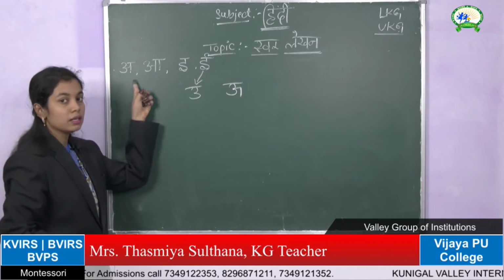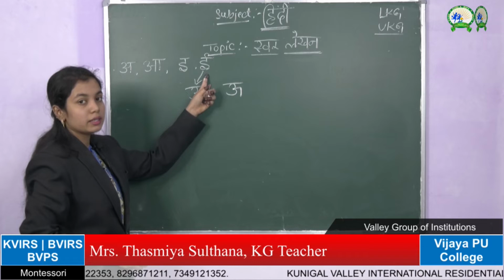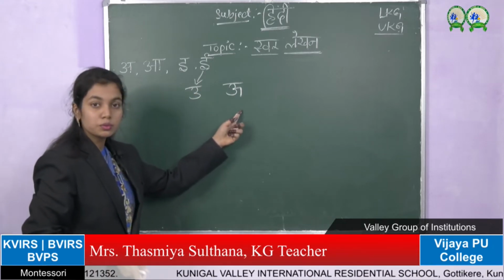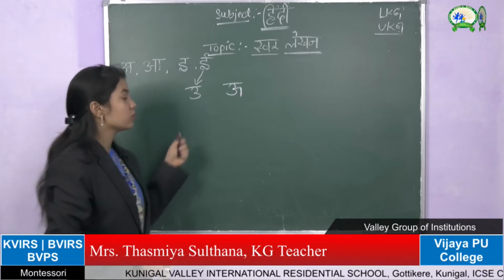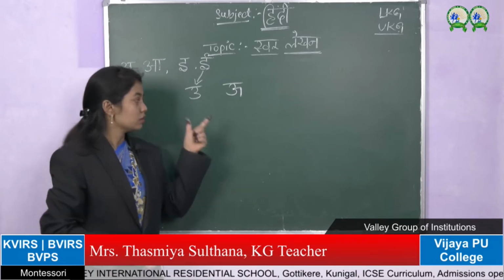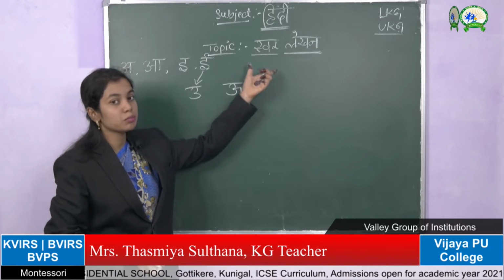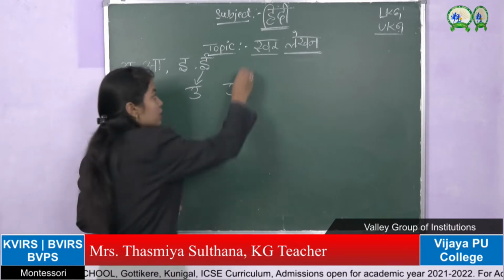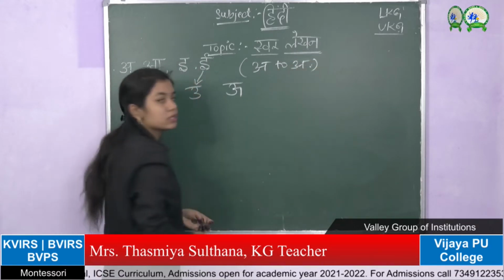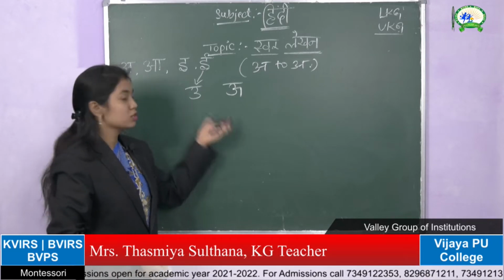The first letter is A and the second letter is A, third letter E, fourth letter E, the fifth letter oo and the sixth letter is oo. In today's class we are going to practice how to write these two letters. You know very well, swar is nothing but the vowels. Don't forget this. Swar letters are from A to AHA. We are going to learn these two letters now.